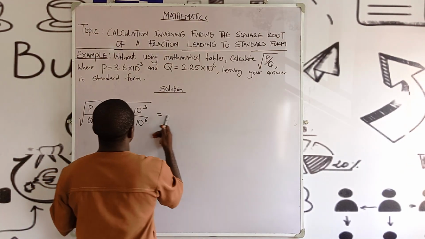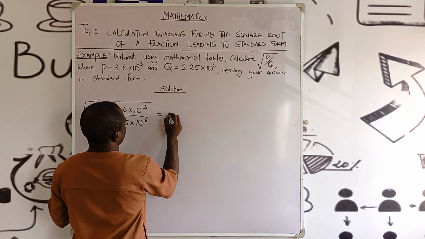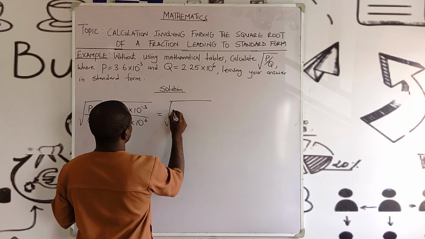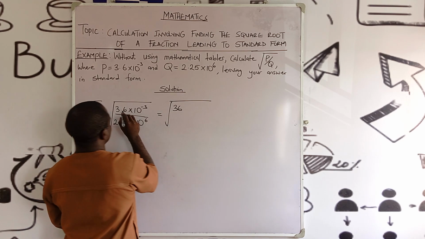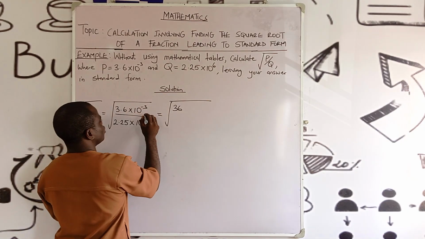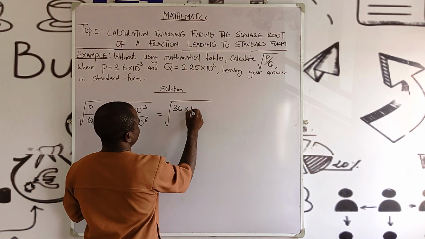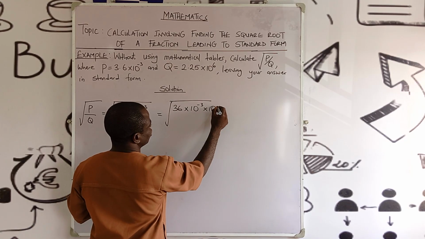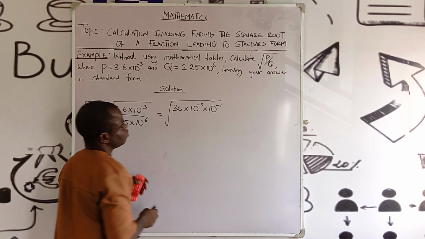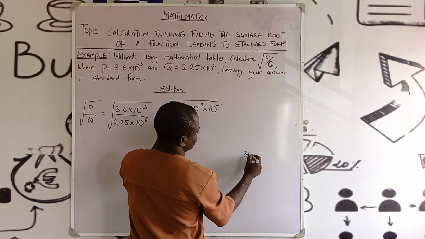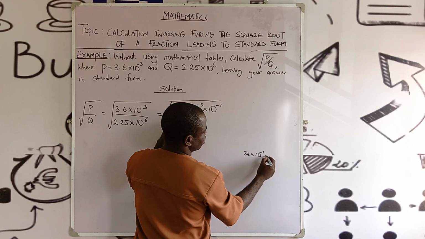I will show you now. We have it will be equal to square root of 36. I'm shifting once to make it a whole number. When you shift once, you have 36 times 10 to the power minus 3 times 10 to the power, because you shifted once, minus 1. Don't forget that this 36 times 10 to the power minus 1 is the same as